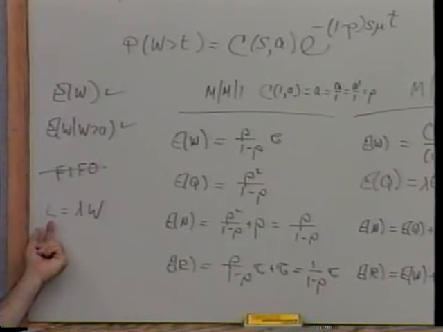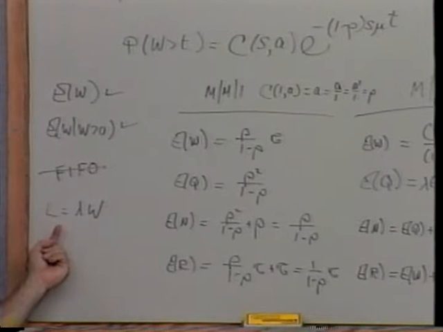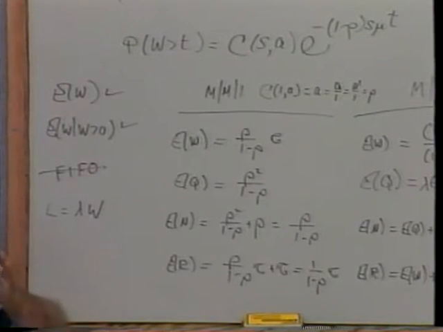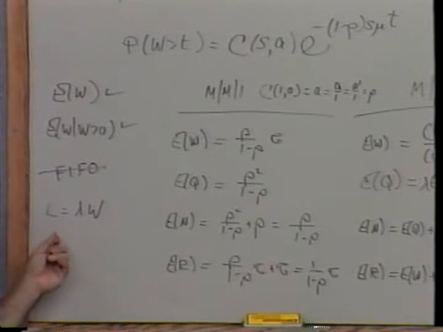Because average number present comes from the distribution of the number present. And when we calculated the number present, we didn't take any account of the queue discipline. All that mattered was that when I was in a particular state, the next guy selected from the queue had the same distribution of service time as anybody else. But it didn't matter which one was selected. So when I talk about the number in the system, it doesn't matter what order I choose them because they're